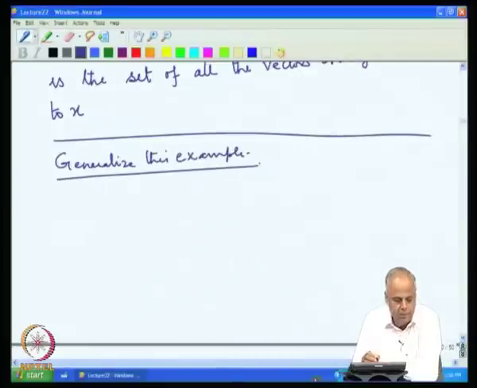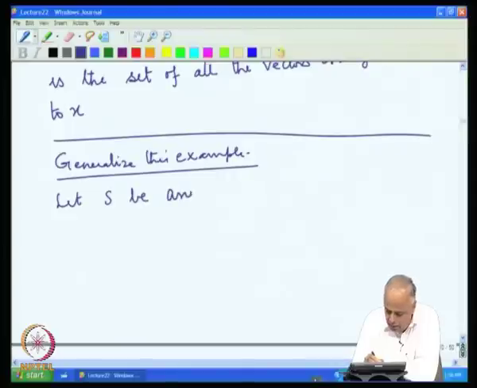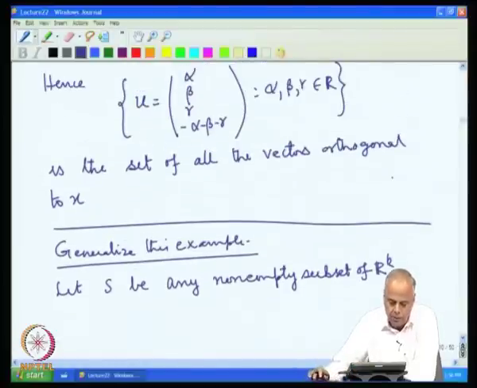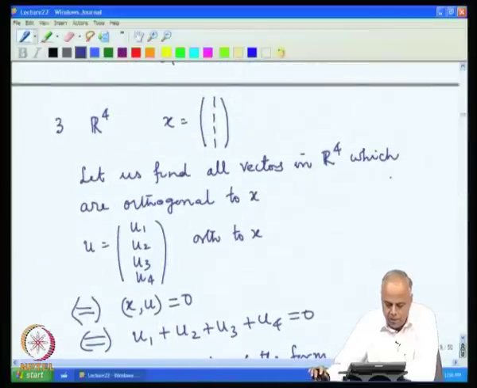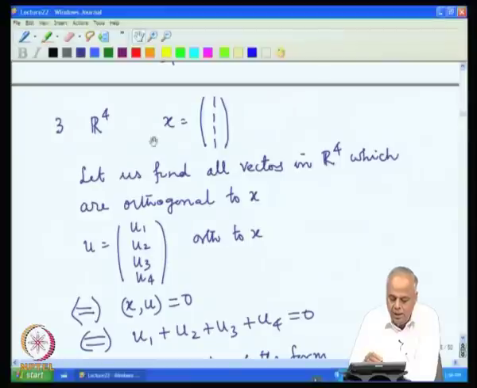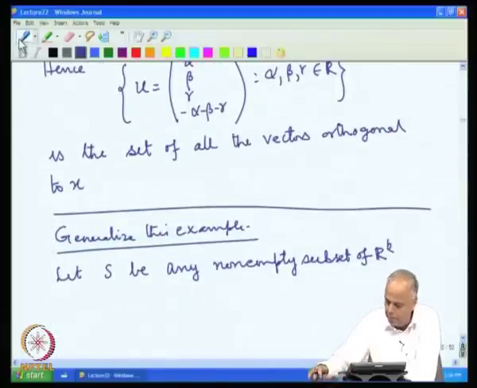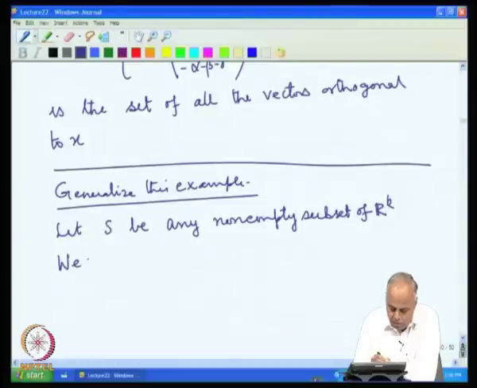How do you generalize this example? The way we generalize this example is, let S be any non-empty subset of R^k. In the above example, we have taken the set S to be this single vector x. Now what we are going to do is take an arbitrary non-empty subset of R^k and then we denote